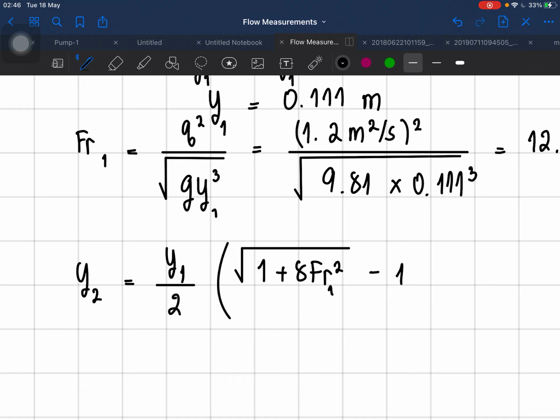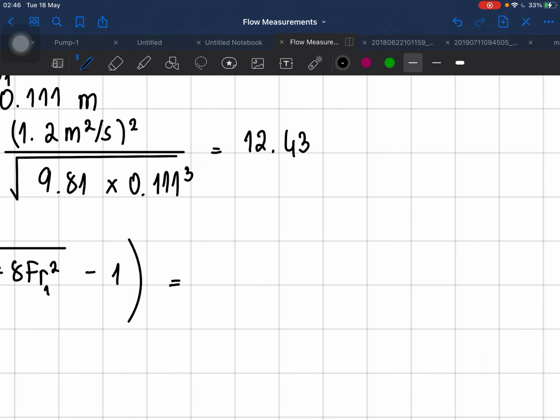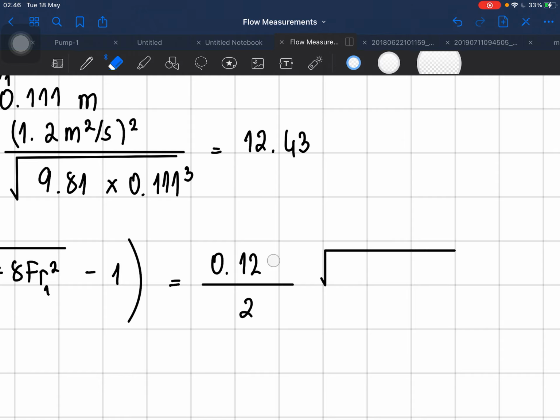It's so confusing. Equals 0.123 over 2 square root. Why did I get this number? It's 1 plus